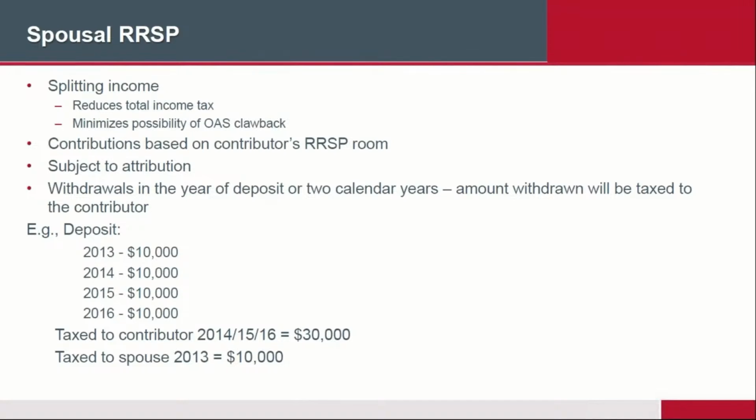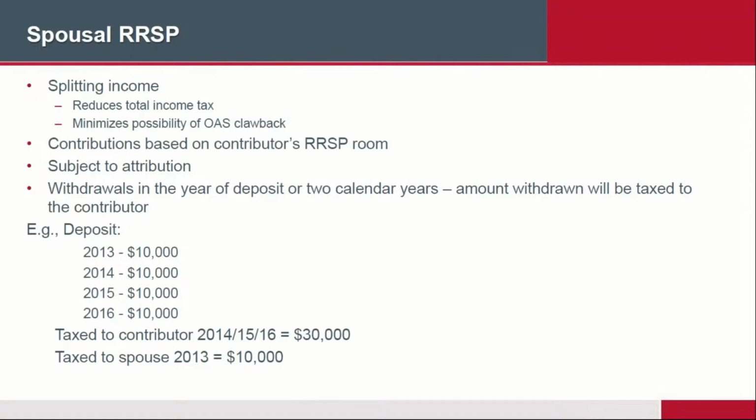So first of all, the amount of money you can put into your spouse's RSP depends on your contributions. So remember that $14,000 that we were talking about in our example. You can take the entire $14,000 and put it into your own RSP, or you can put the entire $14,000 into your spousal RSP, or you can split it 50-50. Whichever way you want. The entire deduction is based on the contributor, you being the contributor. So it's not your spouse's tax bracket or anything. It is your contribution room, basically. So it's your money that you're putting into it. It is subject to attribution, which we'll talk about in a second.